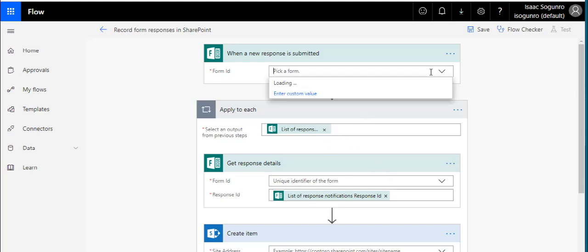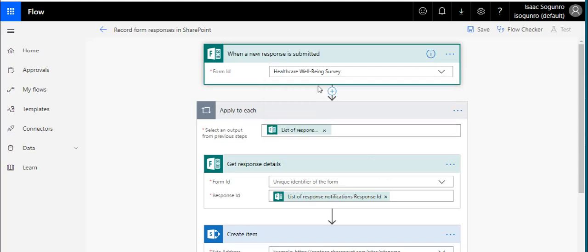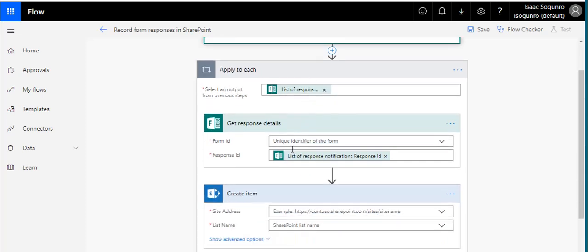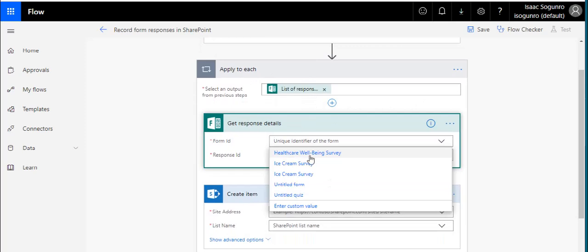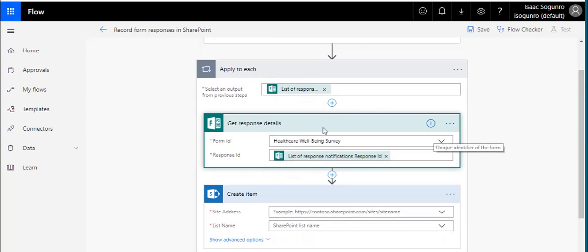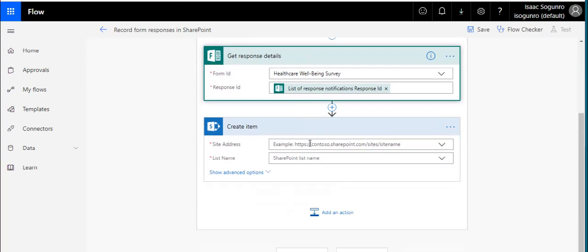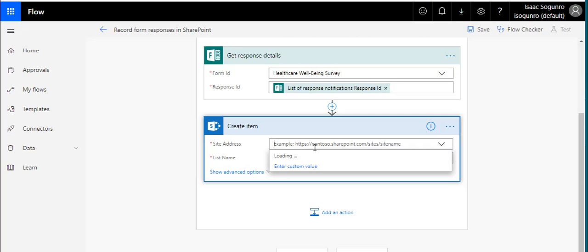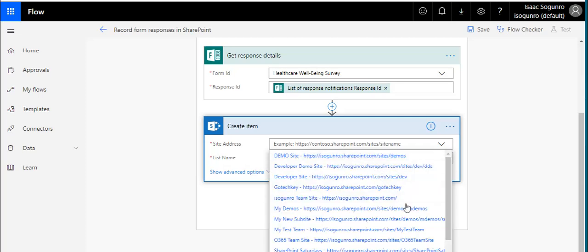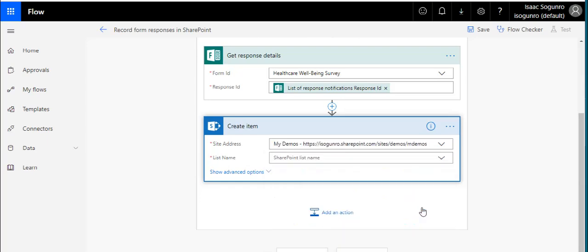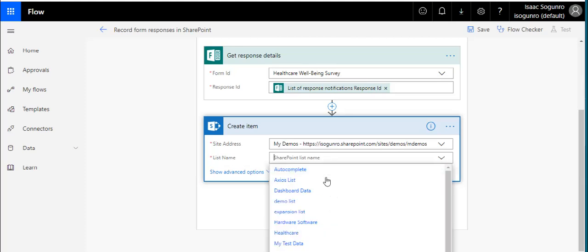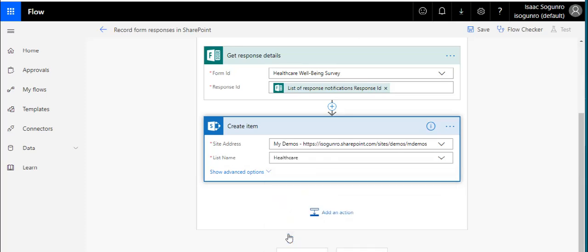So the form ID is basically the form name. So I'm going to come in here and choose healthcare well-being. That's the name of my survey. That's filled out. Come here, fill out that. And as you can see, it's looping. All these things are within a loop. It gets the response and it dumps it into this site. I need to tell it where my list exists, what site. So right there, grab the list name, healthcare,